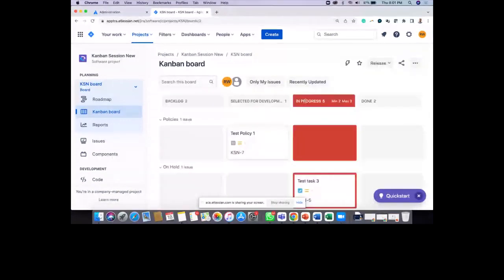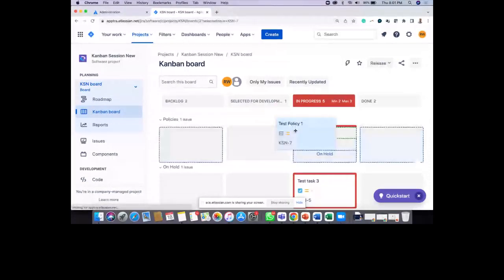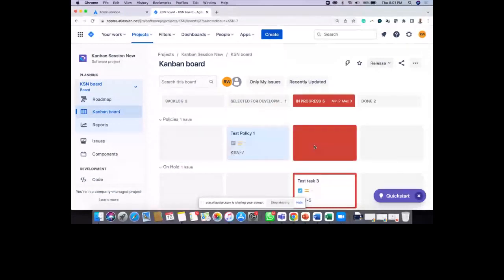I've added a test policy also. So there's a policy that is applicable for the development state. Again, a problem simply because now this is there as a ticket. That's the first problem, and you can actually move these tickets. That's a problem, right? As well as these WIP limits are also getting applied, and that also is a problem.